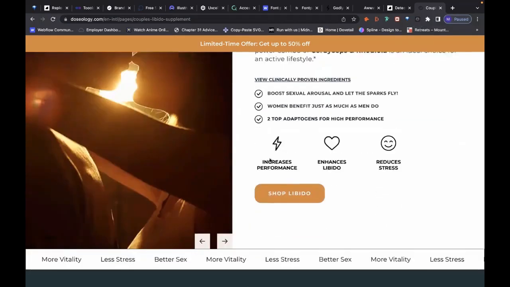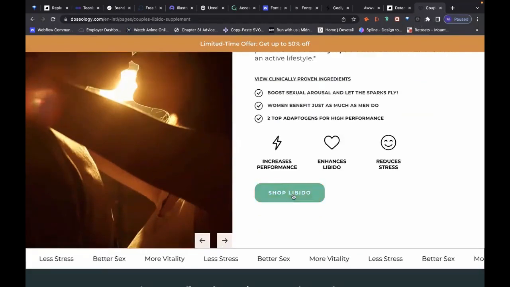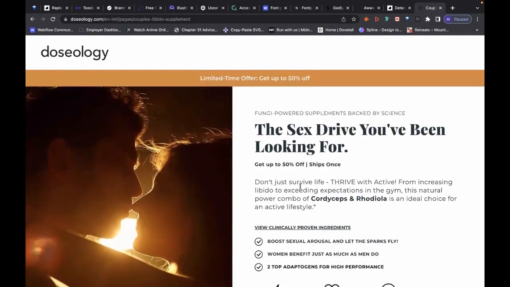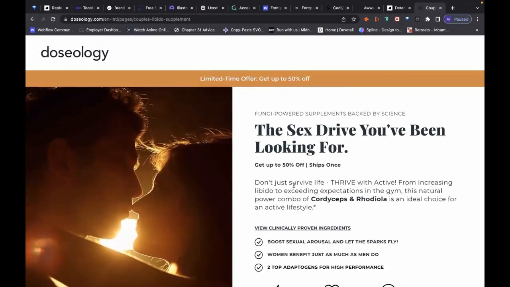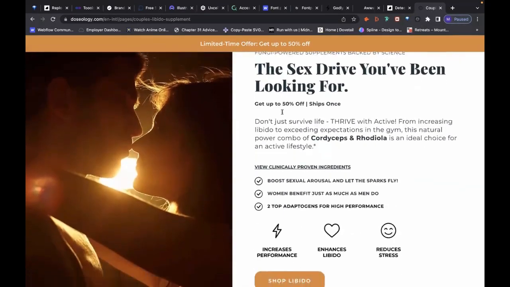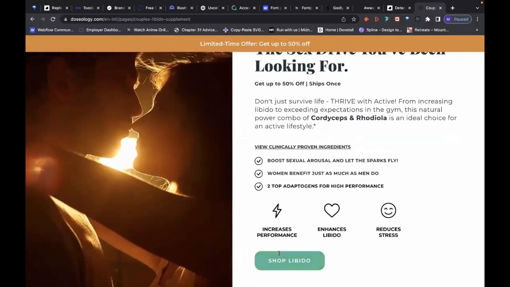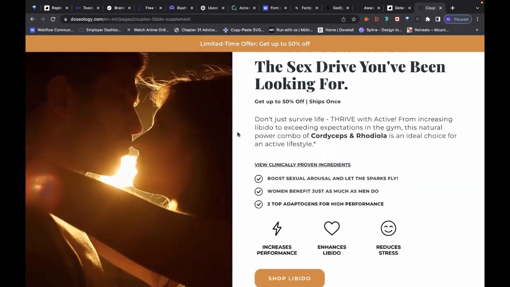But yeah, that's a huge one that I would give. I think that I would always try and have the CTA above the fold. So I don't know how you would rework... You would need to rework the layout, but you would want to have this shop libido a bit higher up the page so that that's visually represented, and potentially